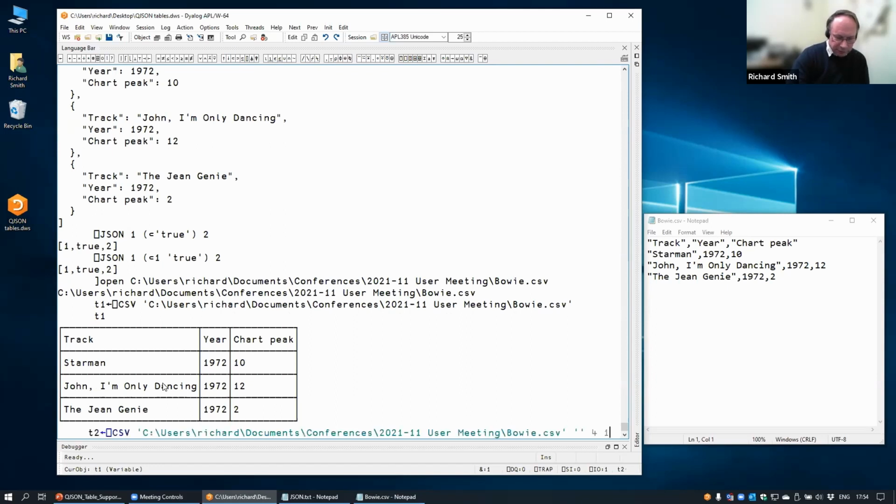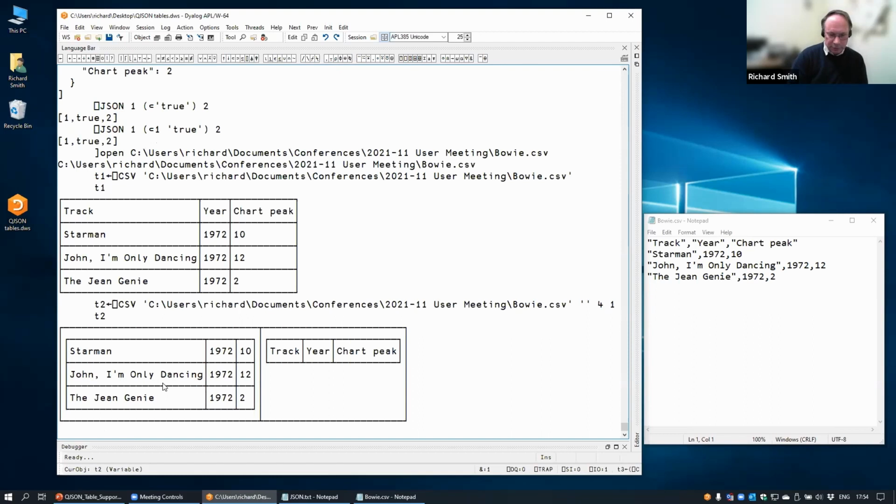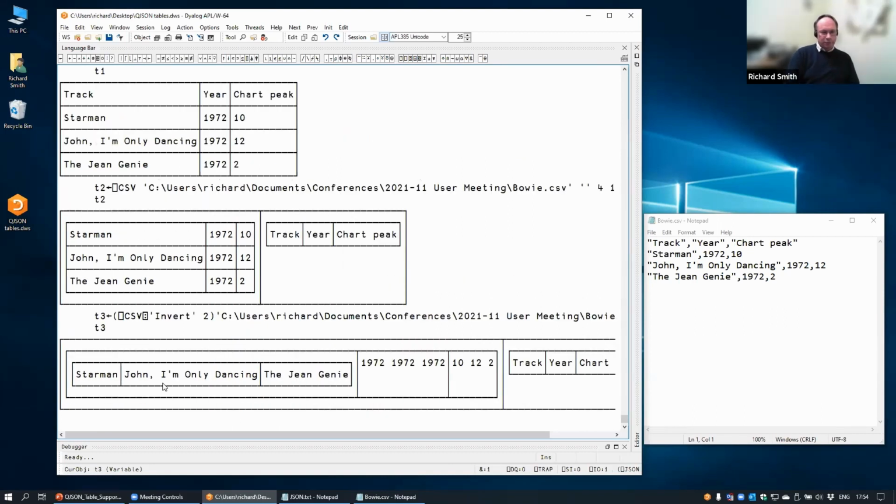⎕CSV can also give us the separate header. So that's T2 with a separate header. And it can give us the inverted matrix form. So that's T3. So I've got here the 3 representations of that data, which you may want to have in your APL application. So now you can see that I can pass that data directly to ⎕JSON using